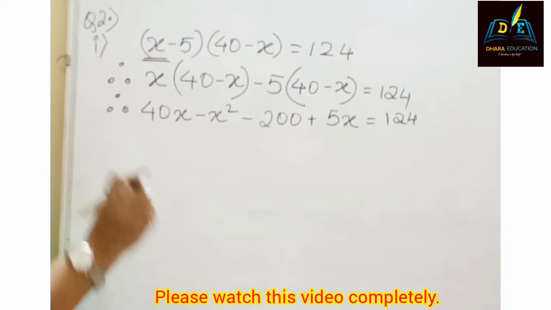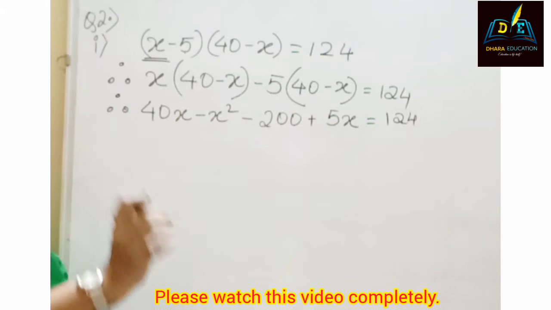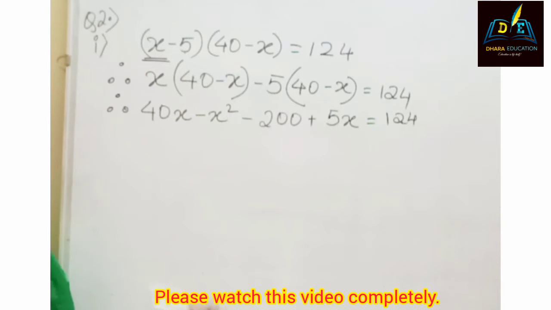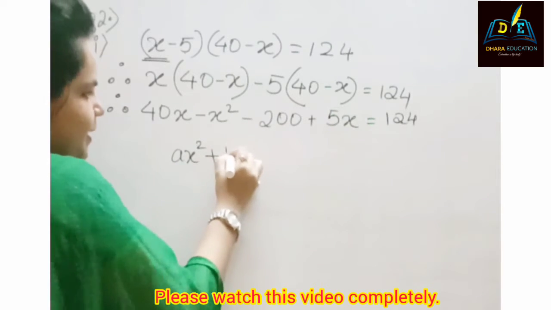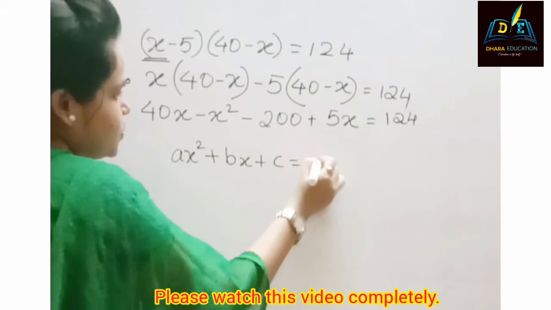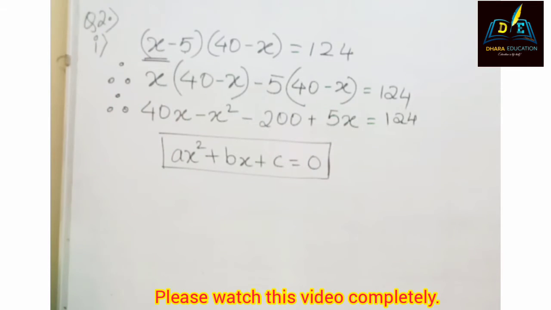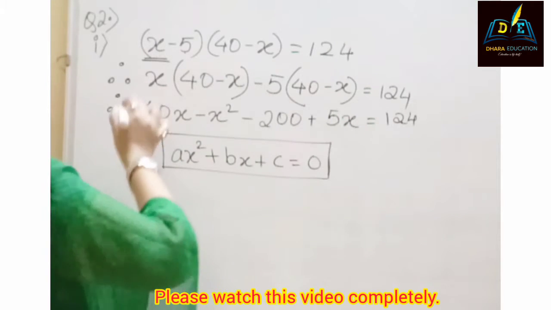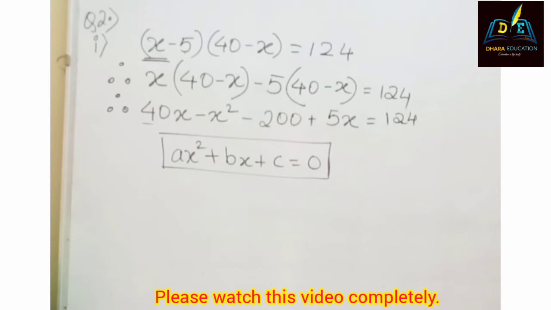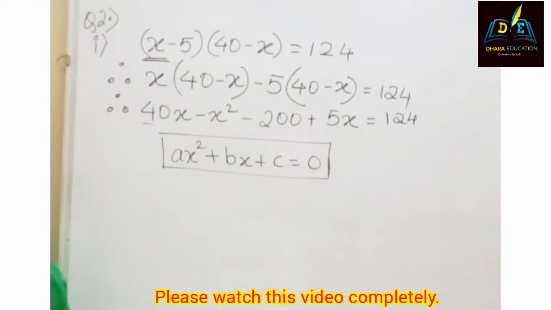So students, we should not forget that we are in the chapter called quadratic equations, wherein our standard rule was ax square plus bx plus c is equal to 0, as I told you in the previous parts of the lectures, correct? Based on this, we need to rearrange the entire equation, and we should make sure that the right hand side has 0.